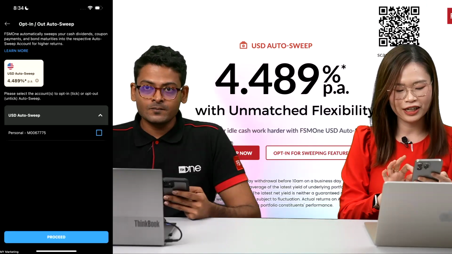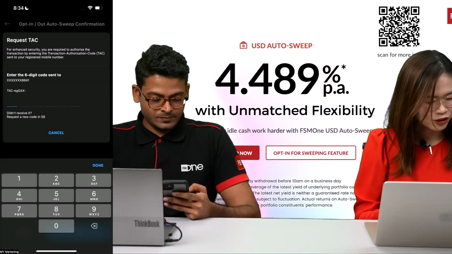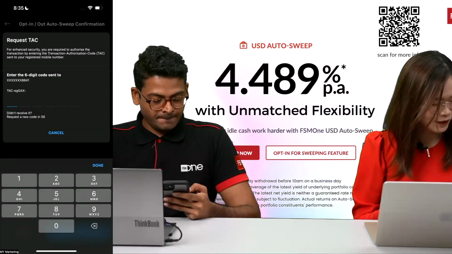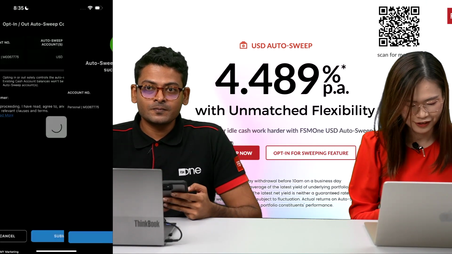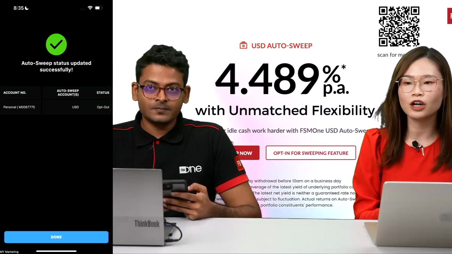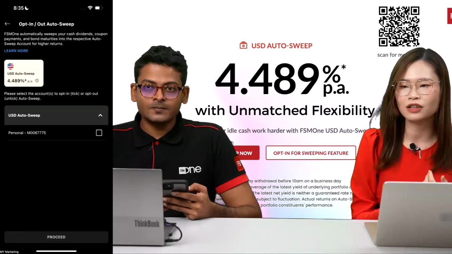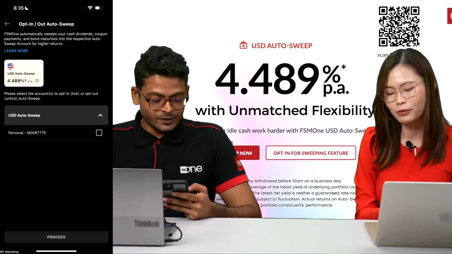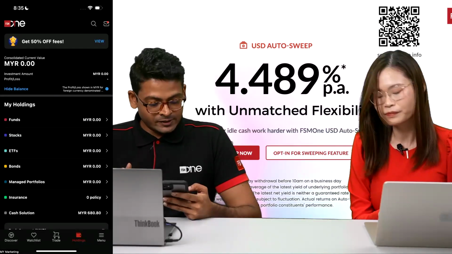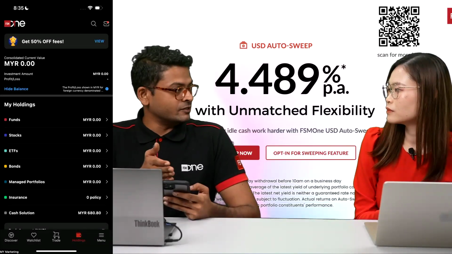So right now, I choose to opt out. All right. So I opt out. So yeah, done. The opt-in, opt-out is also instant. After you opt out, the only difference is that you won't be enjoying the sweeping function anymore. And also, it doesn't mean that my money in the auto sweep gets transferred to my